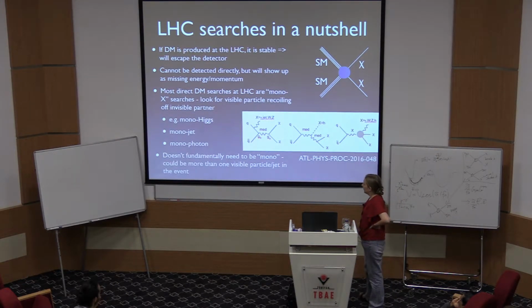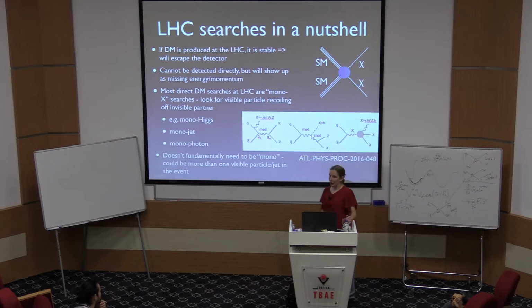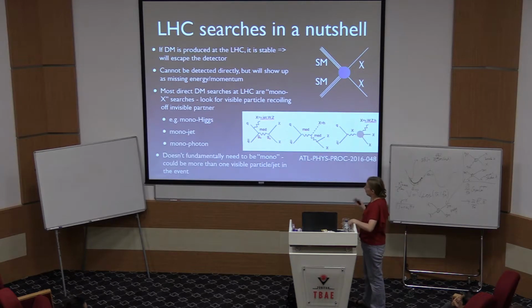What you want to look for is missing transverse energy and momentum in combination with the standard model particle that is recoiling against that missing energy and momentum. So most direct dark matter searches at the LHC are mono-X, where X could be a jet or a photon or a Higgs. There are also dijet searches where you have more than one standard model particle in the